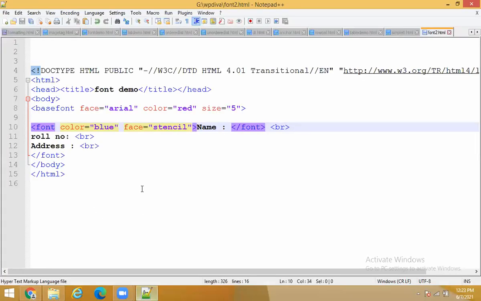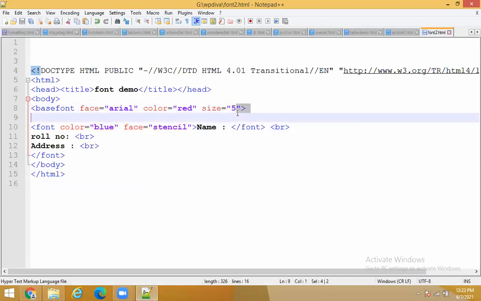After refreshing, you saw that the name is appearing, and for that it is taking the default size. From where? See here, it is taking size equals 5 from this base font. So if you take the font tag and skip some property, automatically it will take it from the base font.